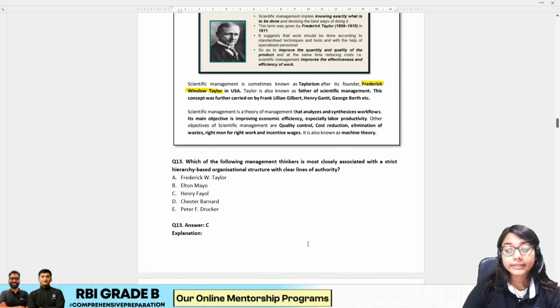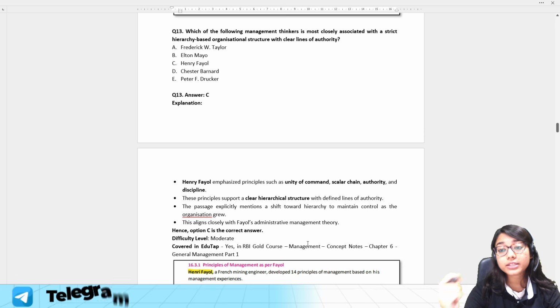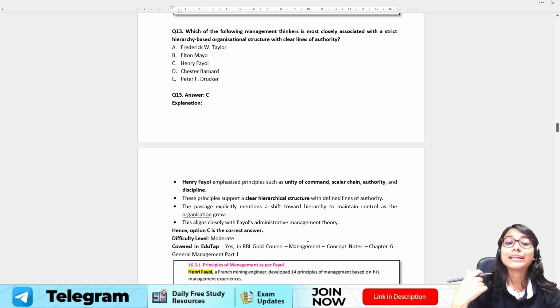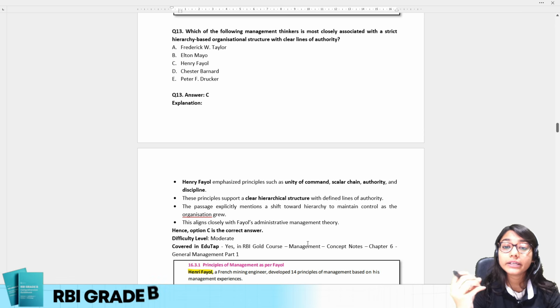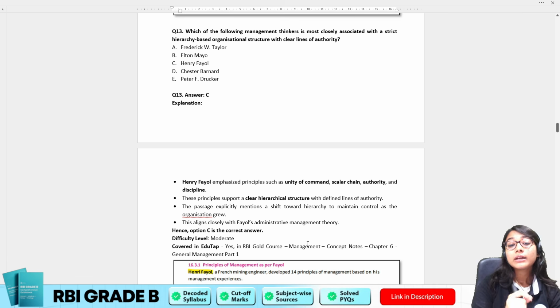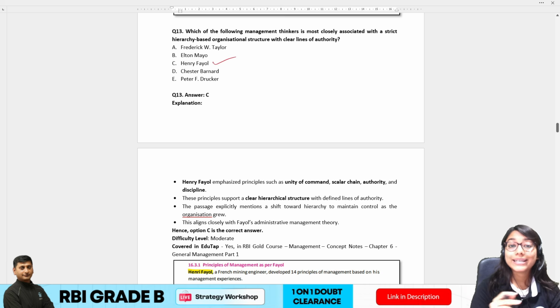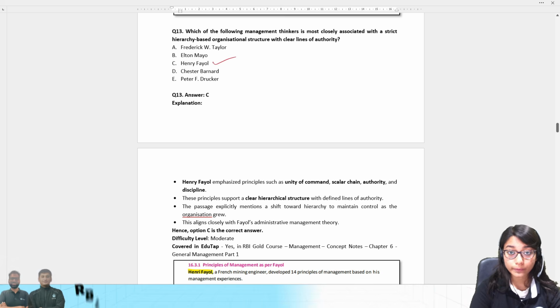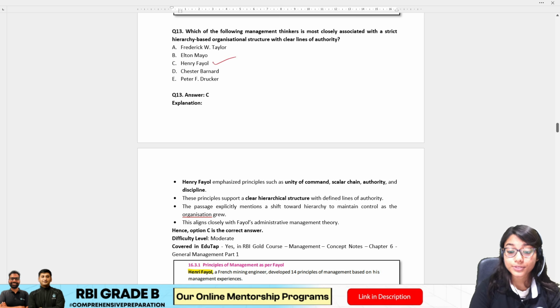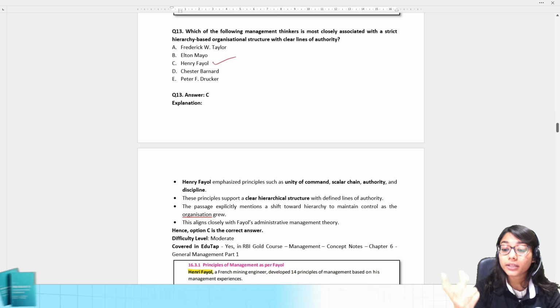Now, if we have a look at the next question, which of the following management thinkers is most closely associated with a strict hierarchy based organizational structure with clear lines of authority? The moment we talk about strict hierarchy structure with clear lines of authority, our answer is going to be Henry Fayol, option C. Why? Because Henry Fayol, in his administrative management approach, gave us 14 principles, of which it has been clearly mentioned: we must have unity of command,